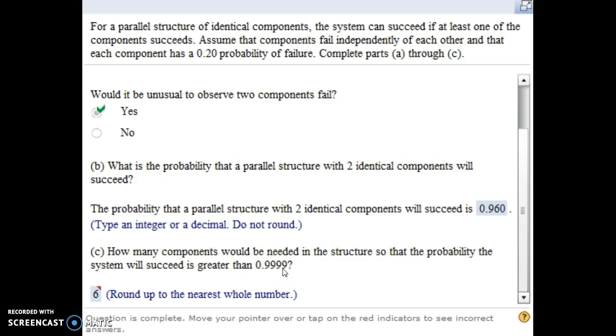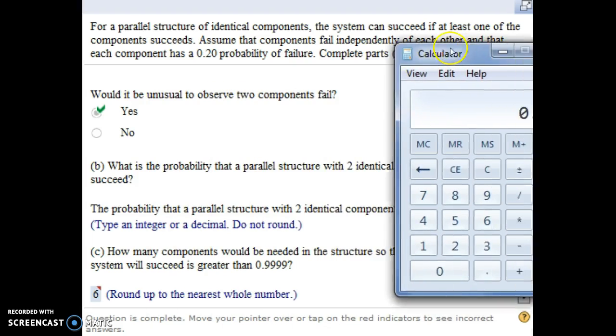99.99% chance that our components will not fail. How many identical components do we need to reach this probability? Well, if they all have a 20% chance of failure, what we're looking for,